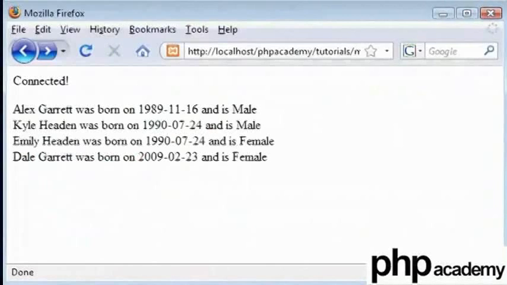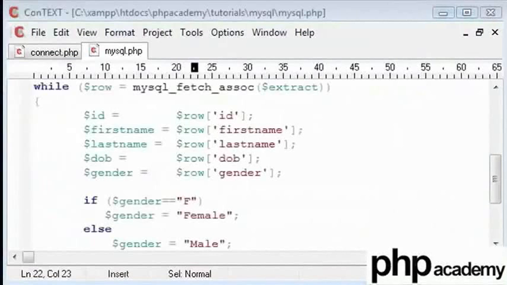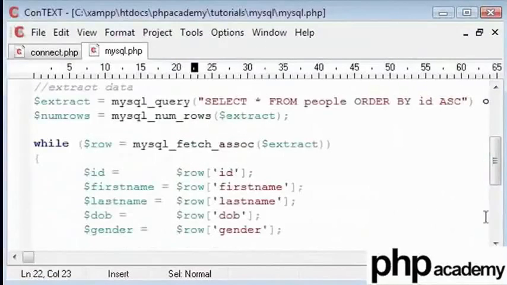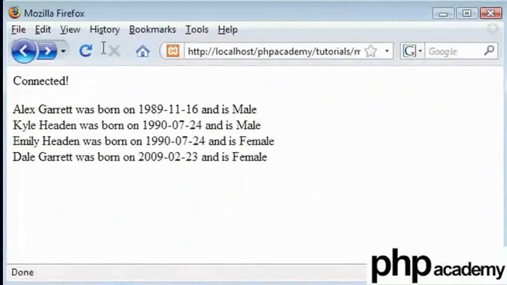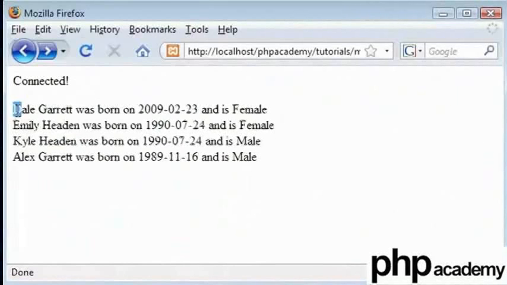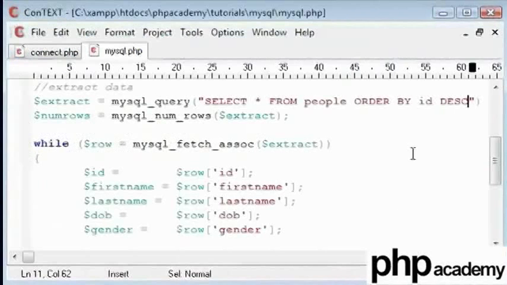We also have some interesting ways of displaying this data. At the moment, I'm selecting from the people table and ordering by ID in ascending order. I can also order by descending ID. You can see that this switches the data around. We can also order it by first name.